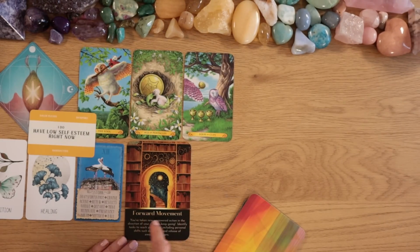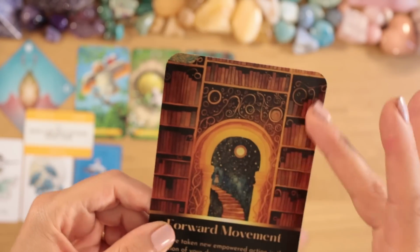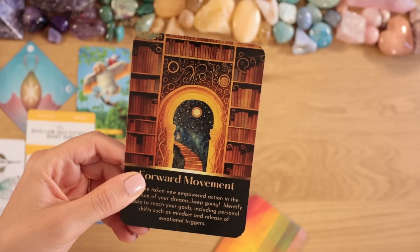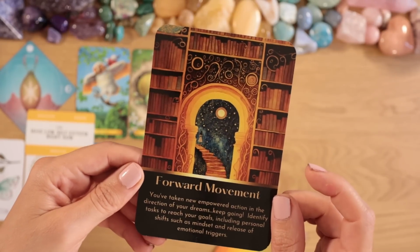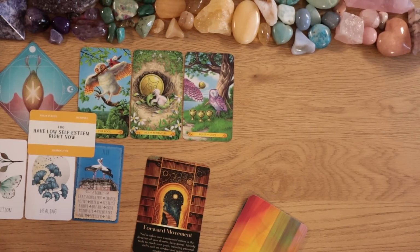You could look at the Akashic records here, the book of all the books of knowledge, all the books showing your Akasha. You know, usually when we tap into the Akashic records, we can see a library, and every book holds the story of you and your soul, past, present, and future. Now we're talking about the future, because we're talking about what's written for you in the next chapter of your Akashic